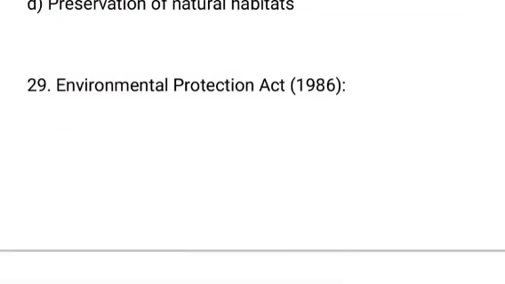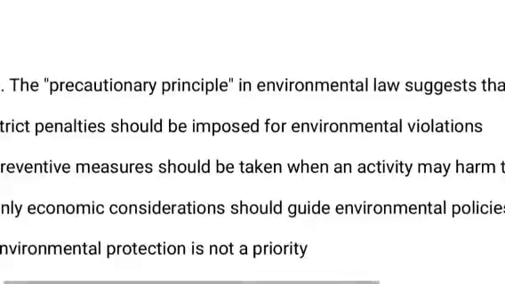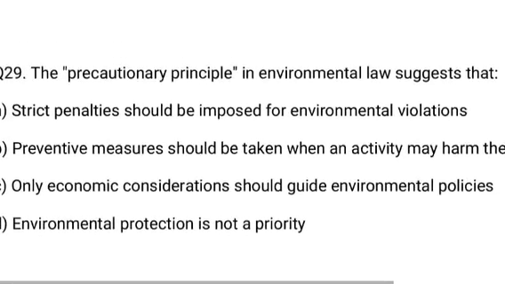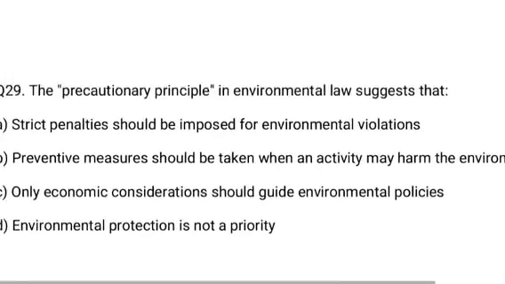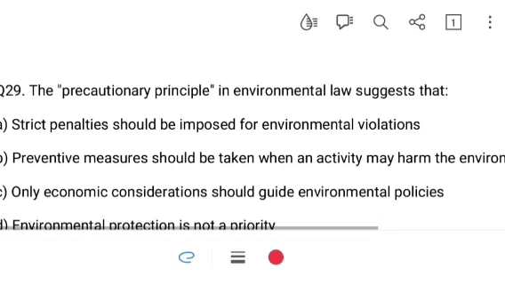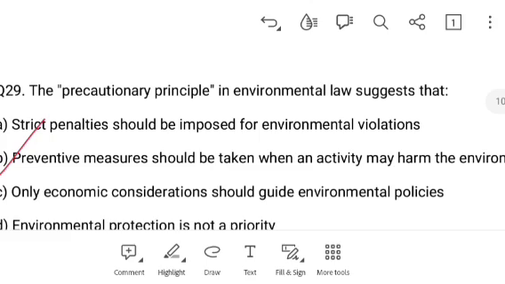Next is Environmental Protection Act, 29. It says the precautionary principle in environmental law suggests that what? Strict penalties should be imposed for environmental violations. Preventive measures should be taken when an activity may harm the environment. Only economic considerations should guide environmental policies. Environmental protection is not a priority. So it will be preventive measures should be taken when an activity may harm the environment. This is called the precautionary principle in